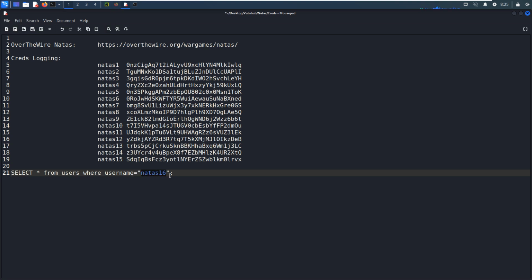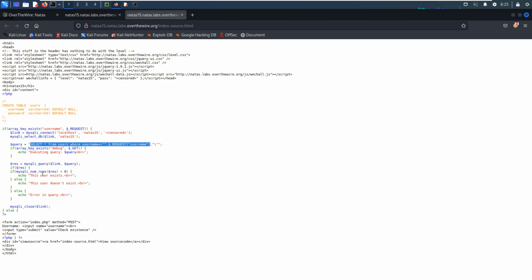Of course, here we will return one entry or one row, which contains the username and password, right? It just returns this information, not the password, just this description message. And now we will go back.